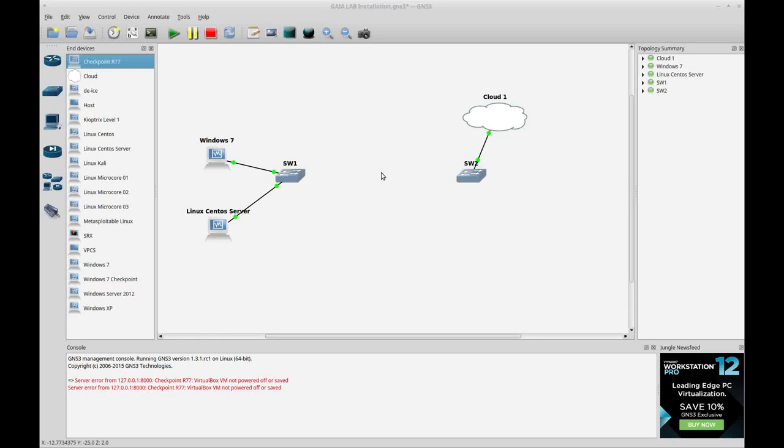Hello again, everybody. In this video, I want to show you how to install a Gaia firewall in a virtual machine. I do it in VirtualBox. I know you can do it too using VMware software. But in this case, I like to use VirtualBox because you can add a virtual machine to a GNS3